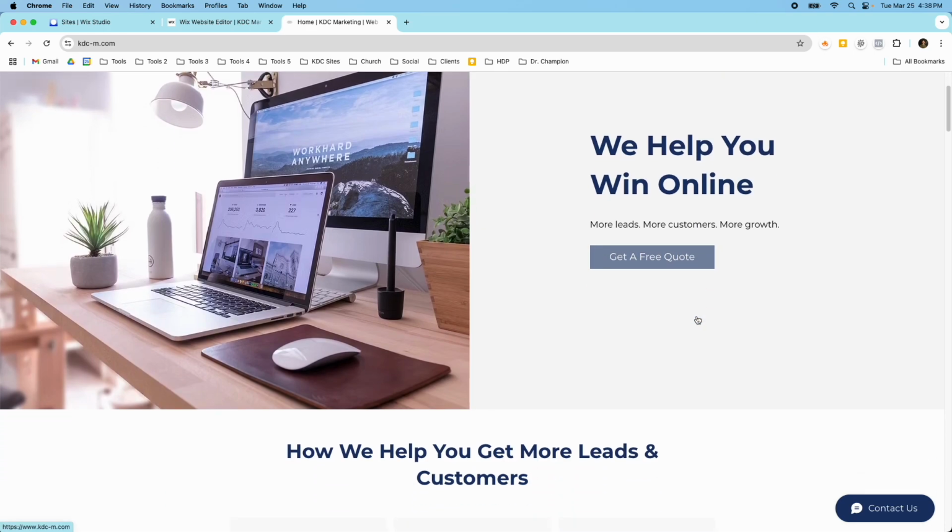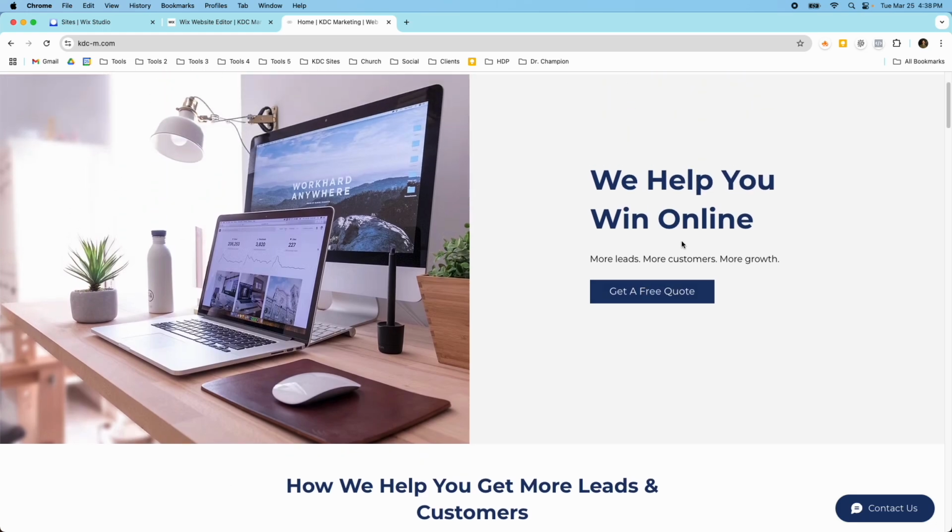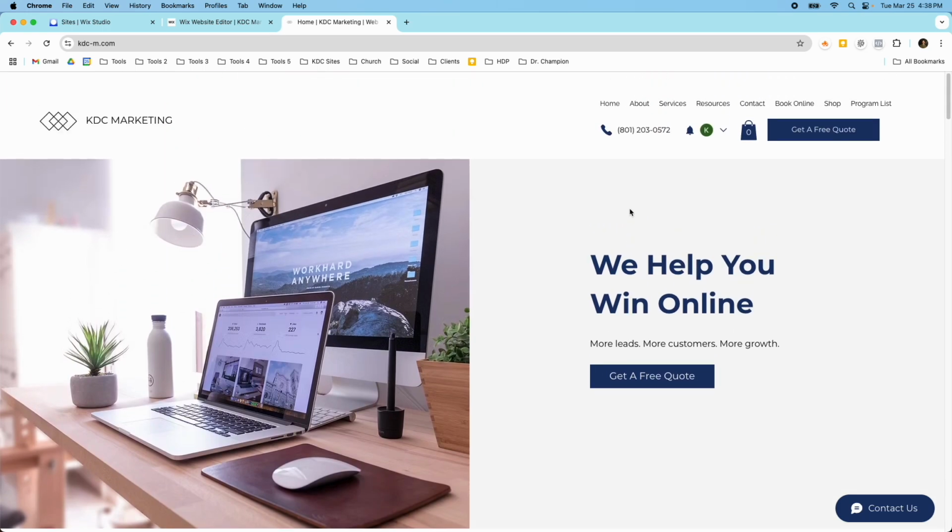And then the other one is messaging. A lot of times the website is good, it just needs some updates in the messaging. Maybe something has changed in the services that the client offers, or maybe they have new features that they need to add to the website. I have clients, for example, that have written books in the last few years, and they need to add content about their new book that they've written and highlight their expertise in a different way. So there's usually a lot of content that needs to be added, and in some cases there's content that needs to be removed. So maybe there's some services that they don't offer anymore that they need to remove from the